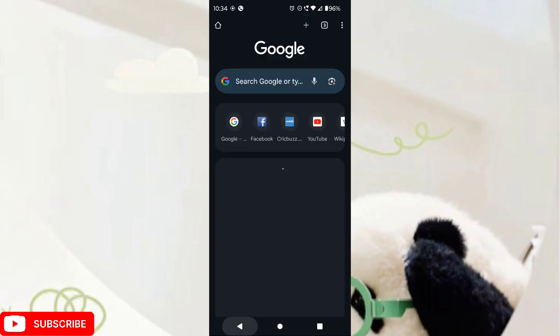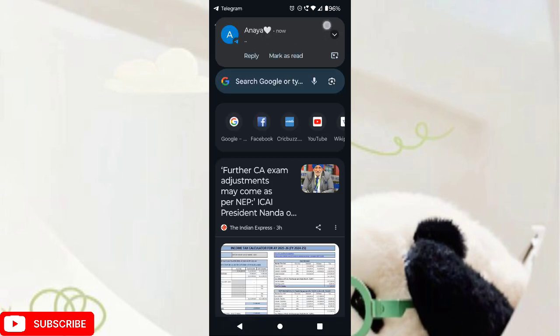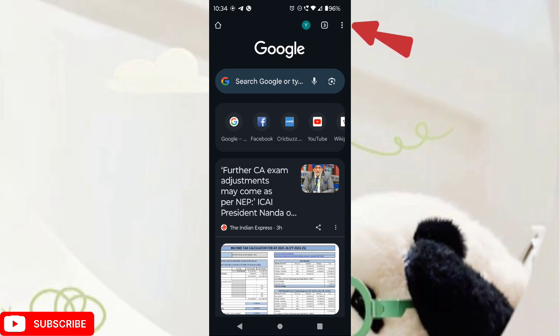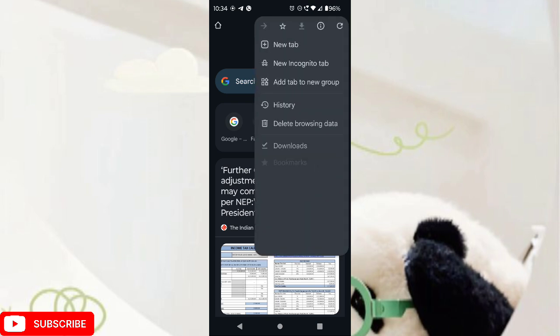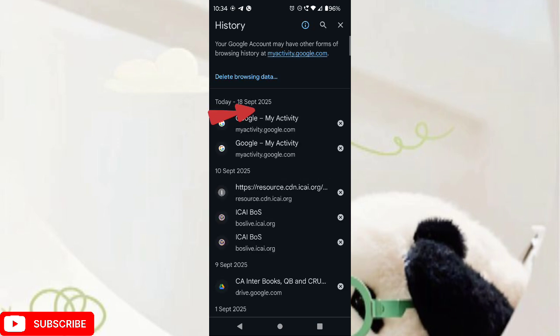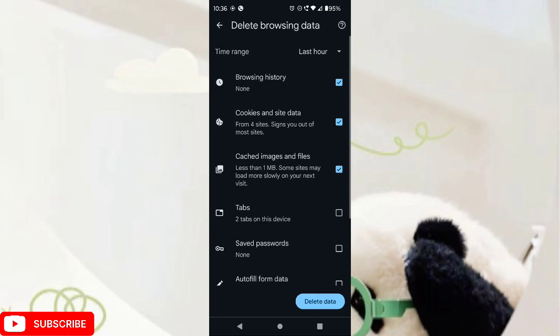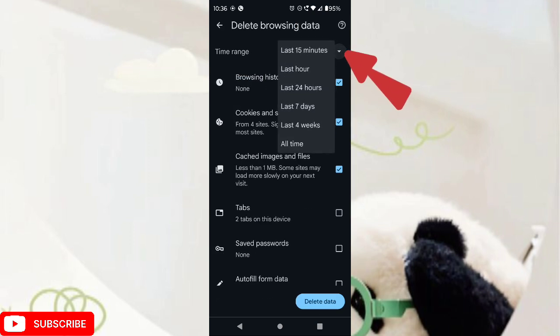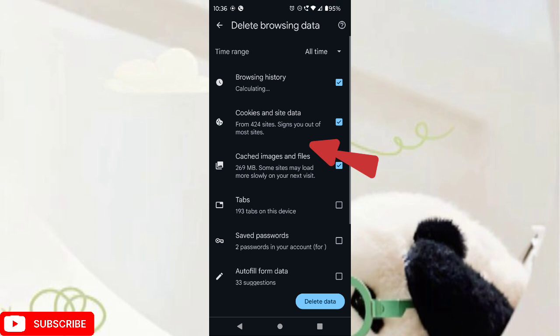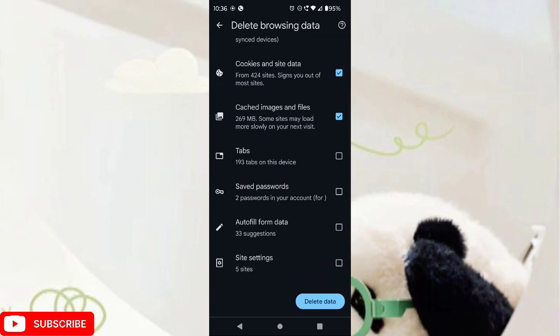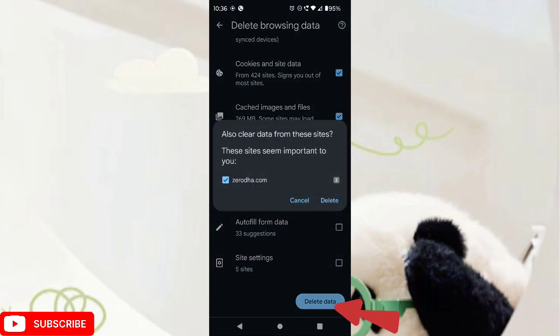Now, go back to the previous page. Here, again click on the three dot line. Now click on the history option. Click on delete browsing data option. Now from here select all time option and click on delete data. Click on delete,